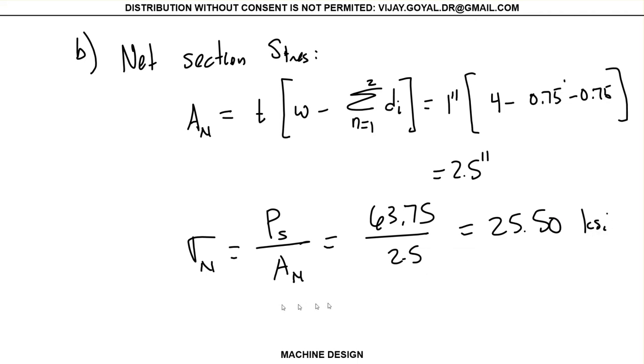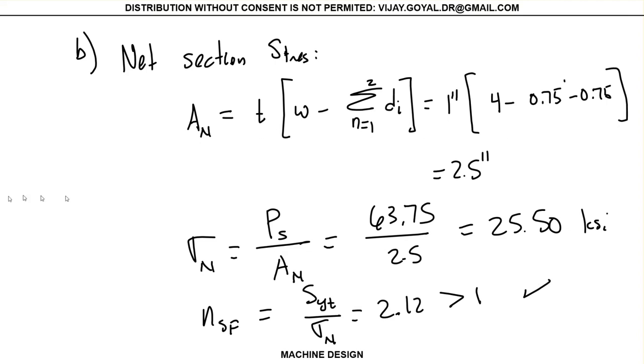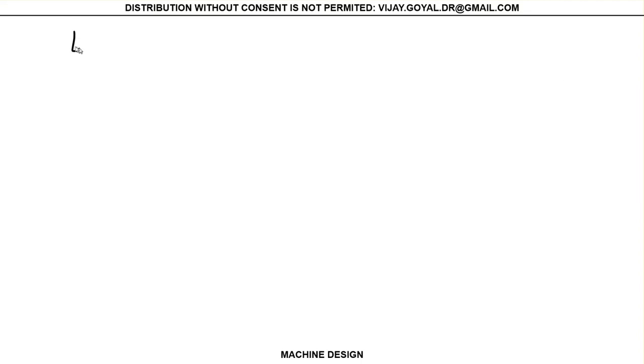You check your factor of safety and you find that sigma yield in tensile over sigma N gives you 2.12. This is bigger than 1. It does have net section capability. Now, if we check the edge shearing,